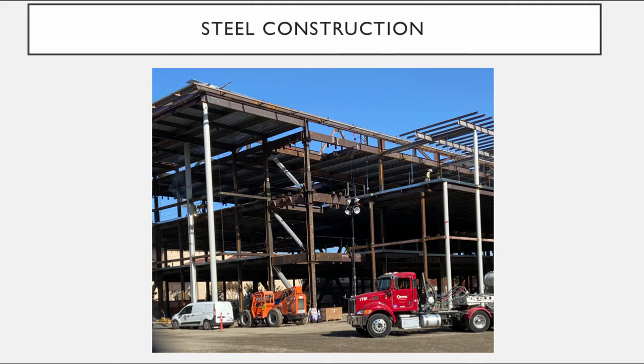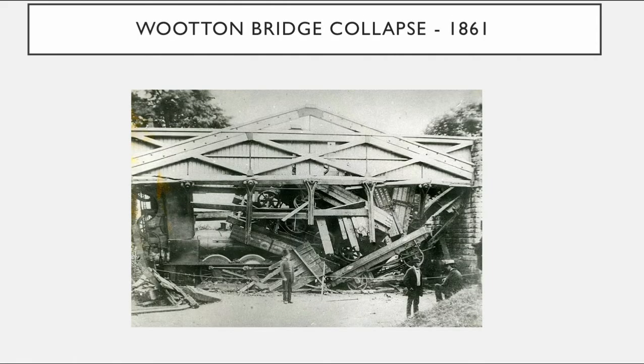And the metal that we've been using to construct buildings has been evolving over time. We started with cast iron, but cast iron has a very brittle behavior and can fail catastrophically with little to no warning, as happened here on the Wootton Bridge collapse in 1861, where a train had gone across it to deliver materials, and on the way back across it with an empty train, it collapsed under the weight of the engine. And so to understand how we can influence metals' behaviors, we need to go all the way down to